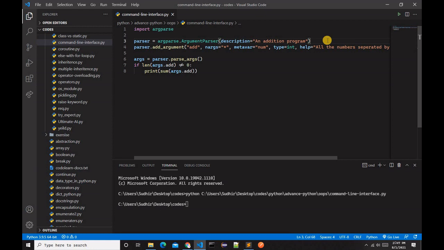Argument 4 is type equal to int, the type to which the command line input should be converted, since it is str by default. And the last one, argument 5, is help, a brief description of what the argument does.